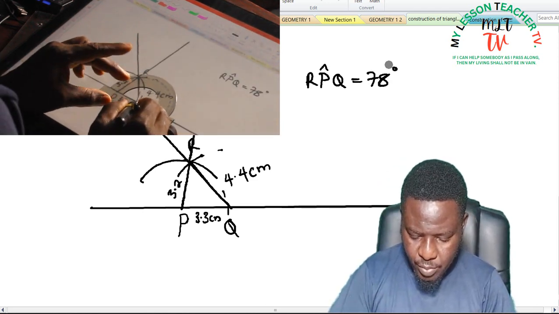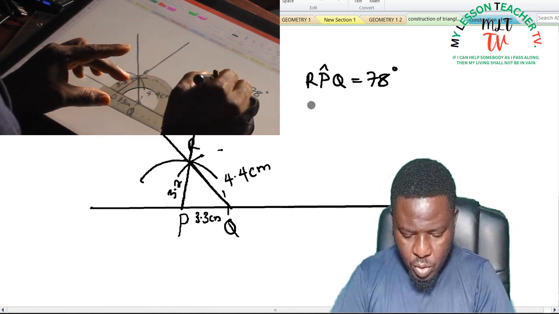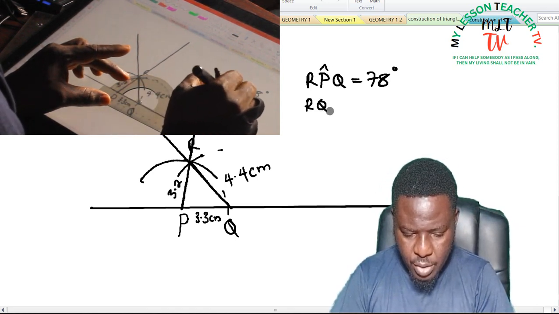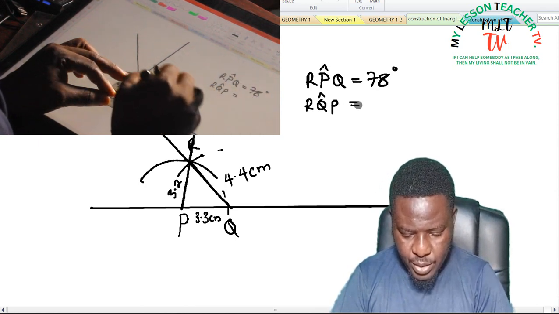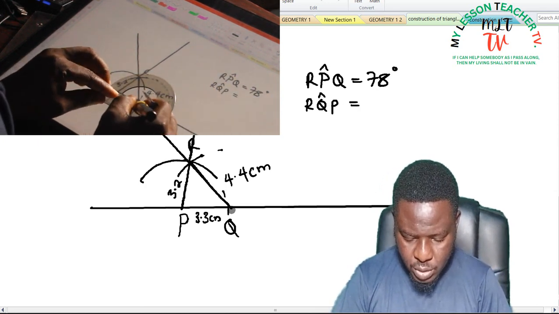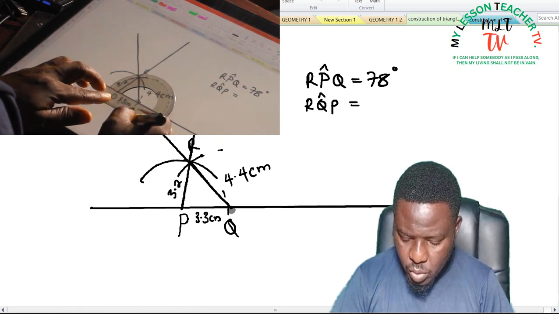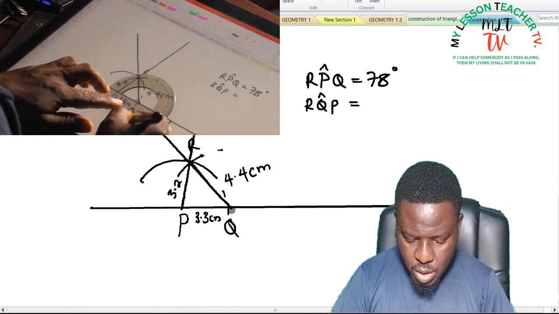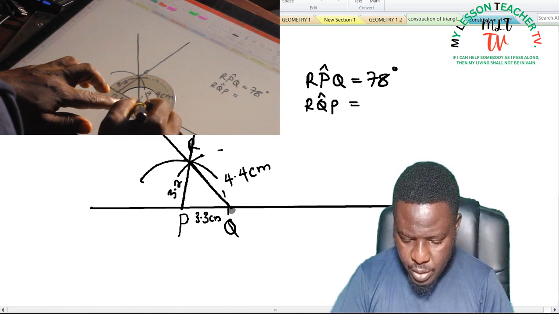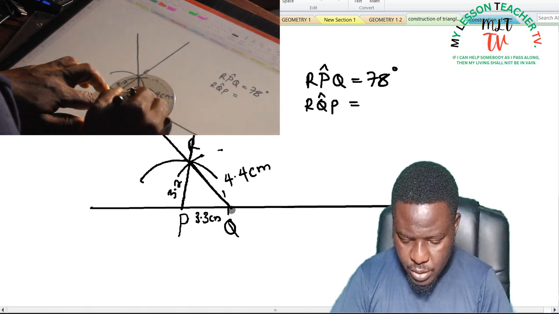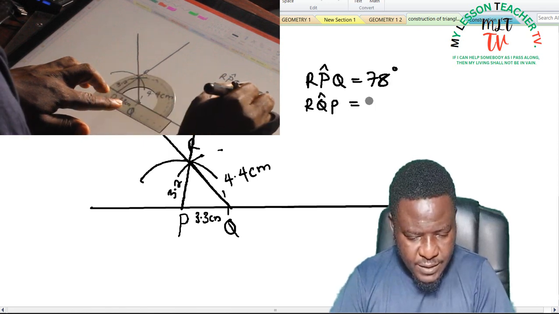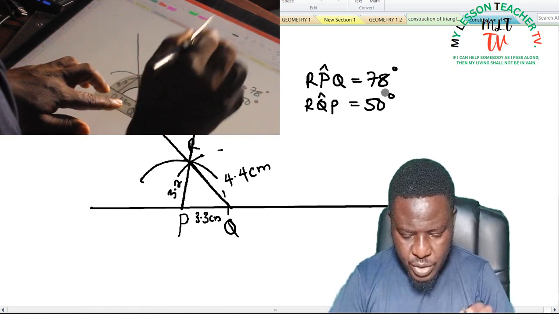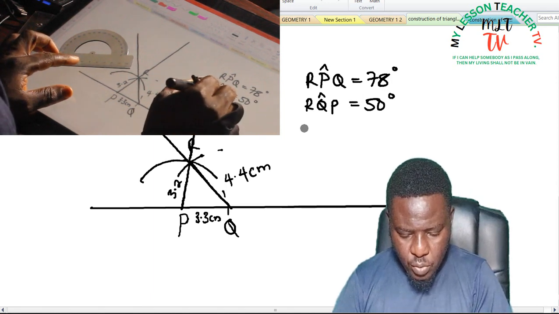I'll also do same for angle RQP. For angle RQP is going to be this angle. So RQP is said to be 10, 20, 30, 40, 50, 50 degrees, while angle